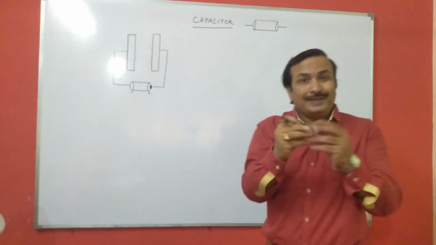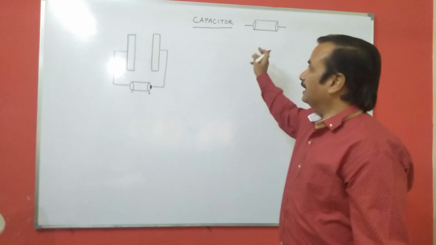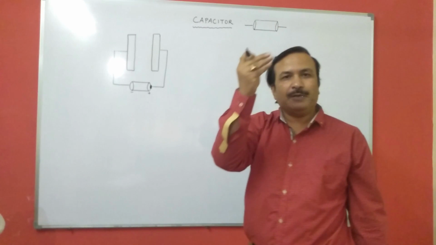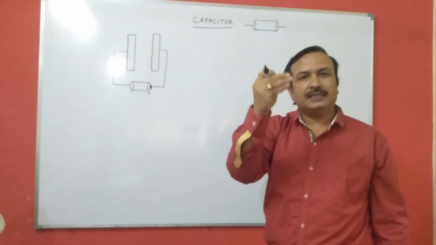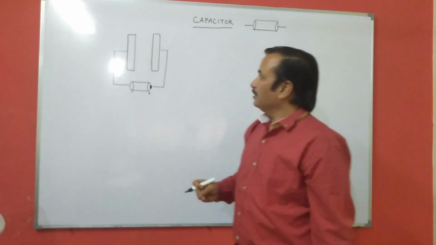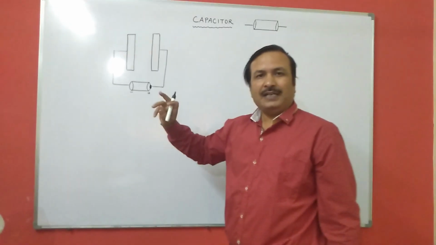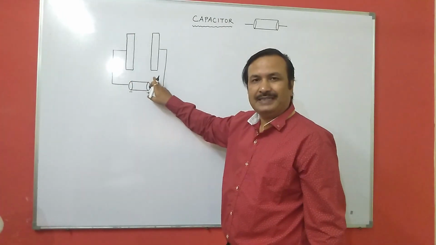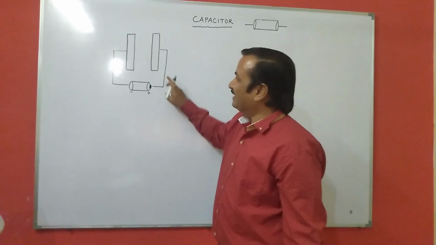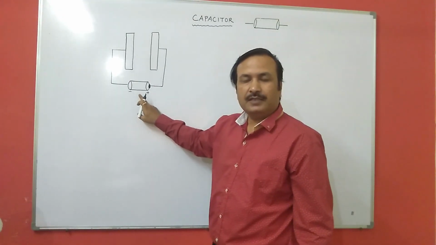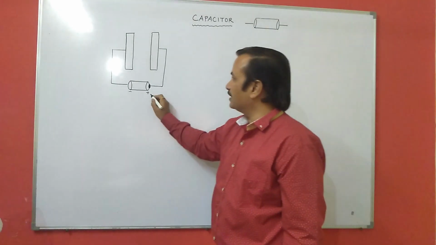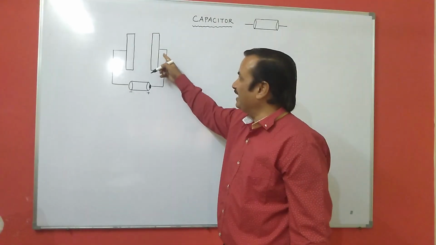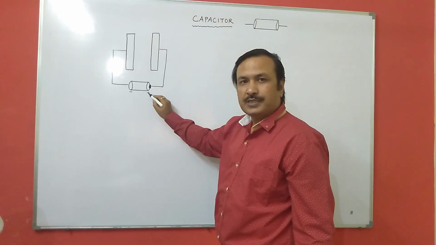So basically when you open these capacitors, you will find that there are two metal strips, conductors, separated by a small piece of non-conducting material. So I'll explain how it works. We have two metal plates here. When we connect these to a battery, you have observed that one end of the battery is positive, another is negative. As you connect the right metal plate to the positive terminal of the battery,